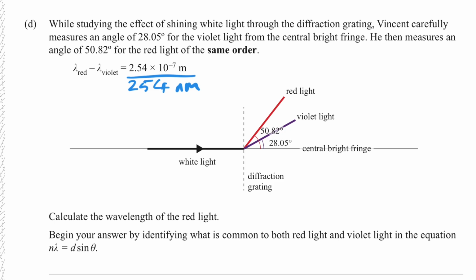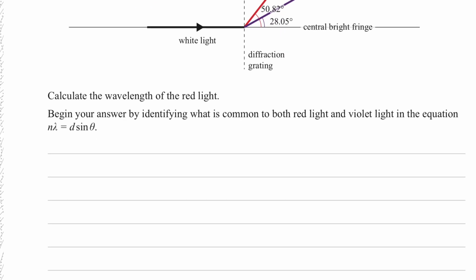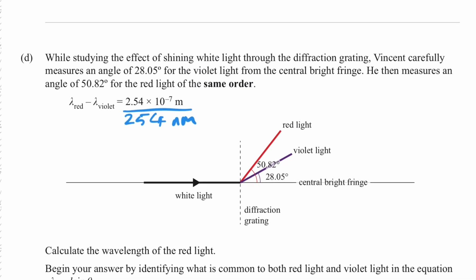So what's common is clearly d. So d is going to be the same for both. And what else is going to be the same for both is n. Now, I suspect this is expecting a simultaneous solving, which is a little bit mean. It's a little bit outside the usual. So let's just, for the sake of anything, it doesn't matter which one it is, but make n equals 1 for both of them. And then d, you know what, it doesn't even matter, because